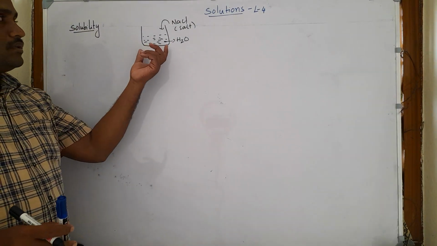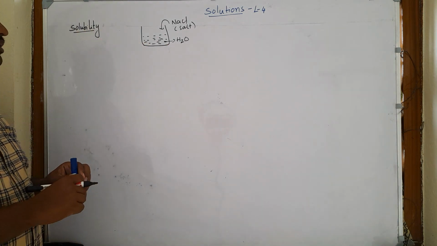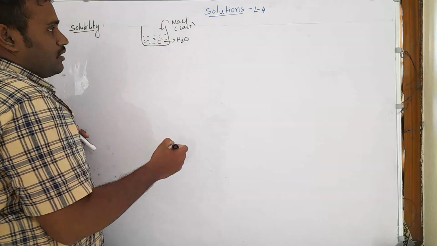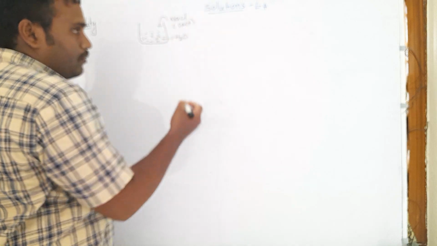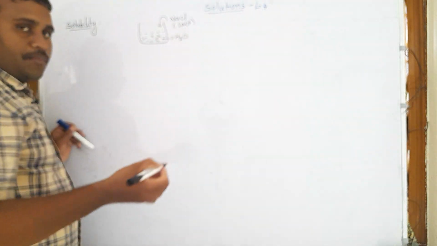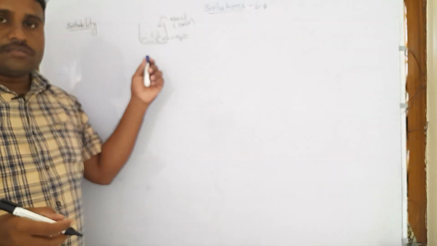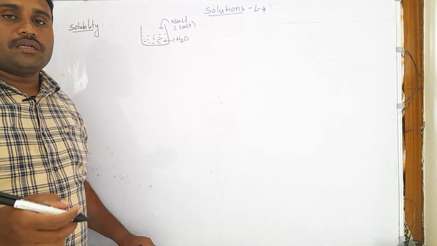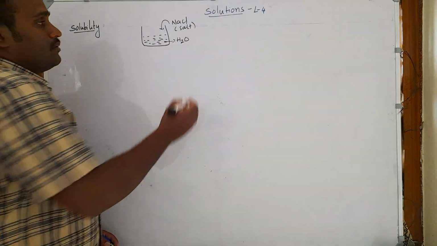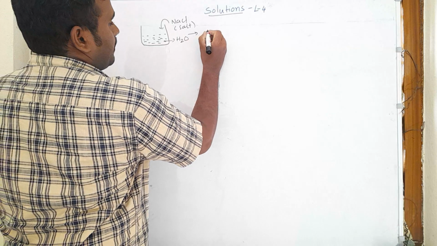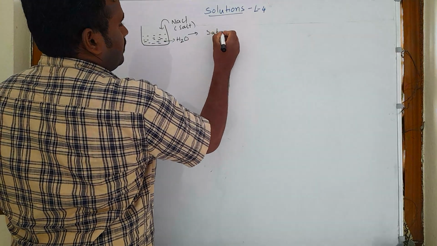So that is called soluble. Salt is soluble in the water, and when you add more, only up to a certain amount the salt dissolves, and after that the salt is not going to dissolve. That is called what? Saturated